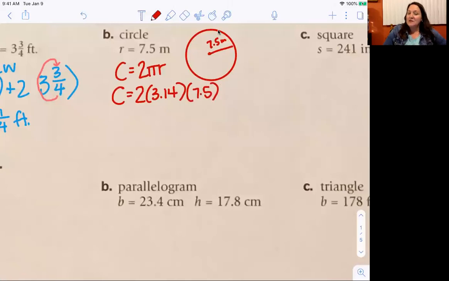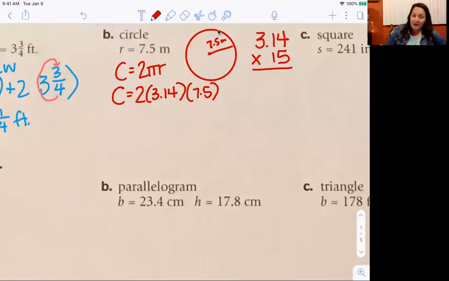We could multiply 3.14 times 2 and multiply by 7.5. So that would be 6.28 times 7.5. We could do 2 times 7.5, which is 15, and multiply by 3.14. I think I'm going to go that route. So I'm going to do 3.14 times 15. Now, guys, it doesn't matter which route you use, you should get the same exact answer